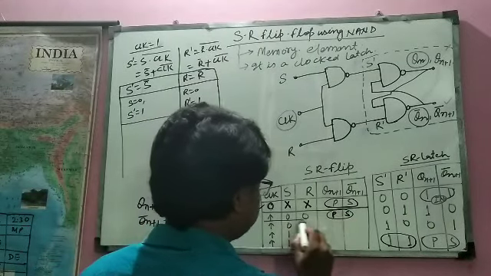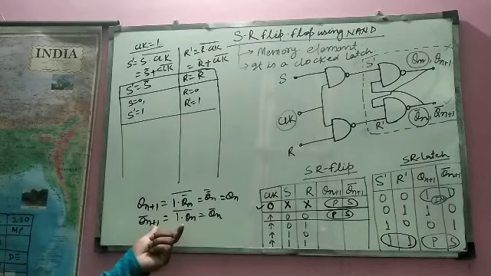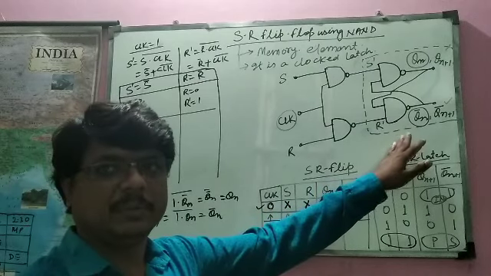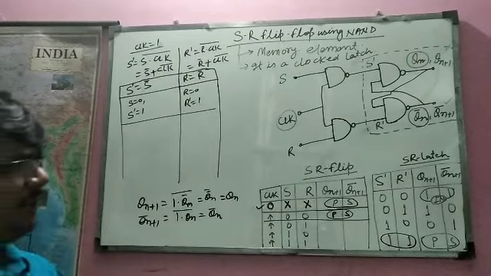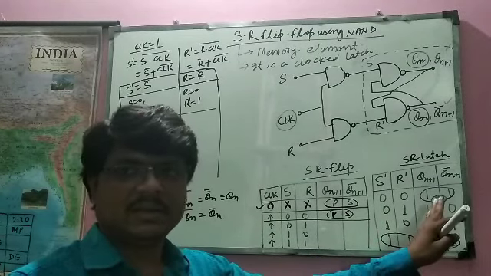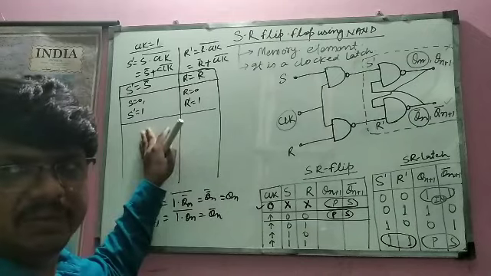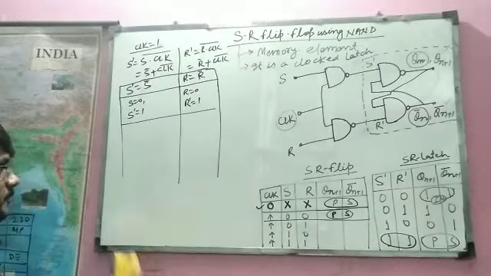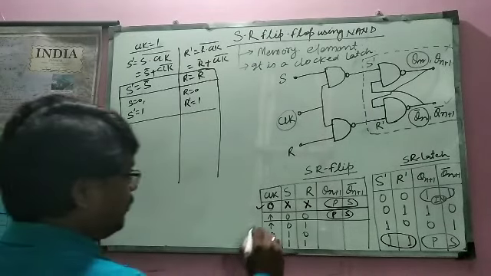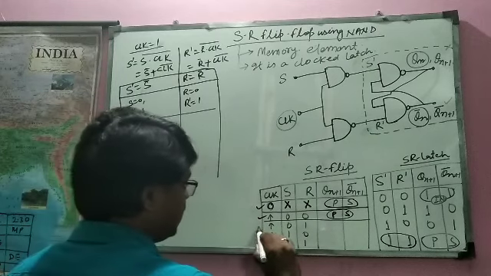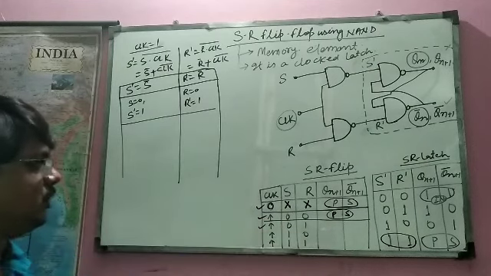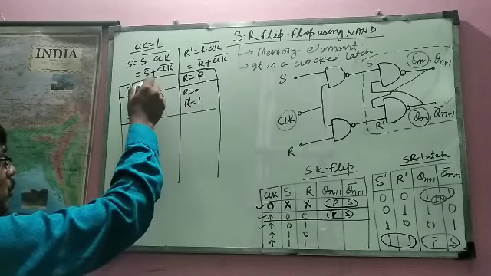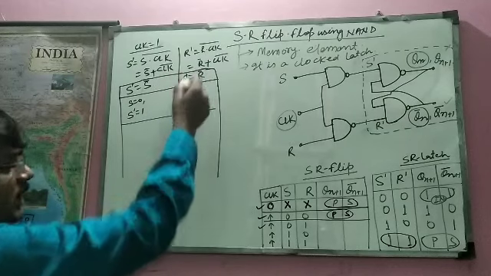In this way we can also explain how the output is coming. But if we know this SR latch truth table, then this is going to be very simple. See how. Let us suppose we have gone through this one and come to this 0 1. When this clock is 1, S dash is equal to S bar and R dash is equal to R bar. We have already calculated.